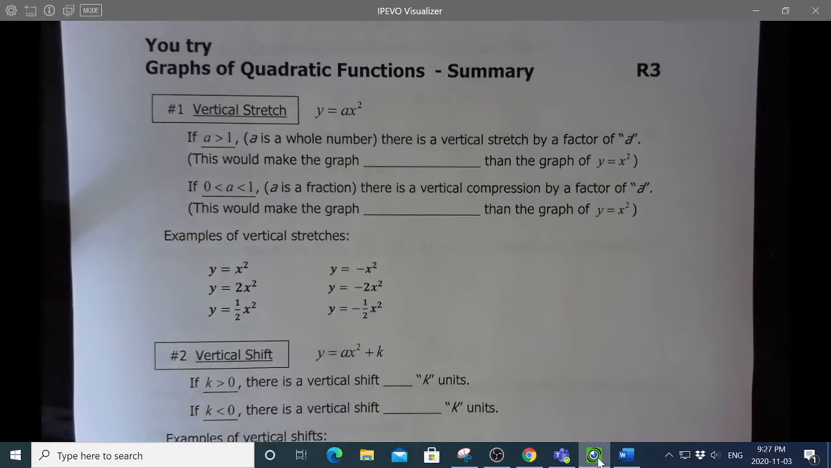up Lesson 2. Oh, my cat has decided to come over. Hey kitty. I don't know if you can hear that or not, but he's meowing at me and I don't